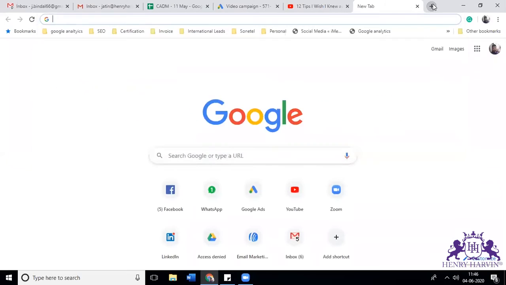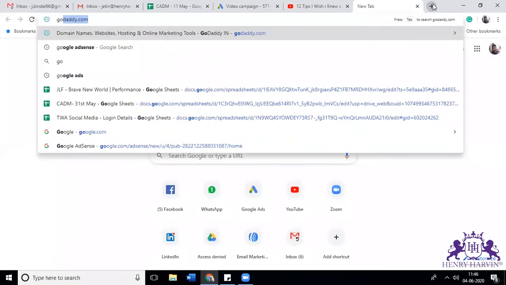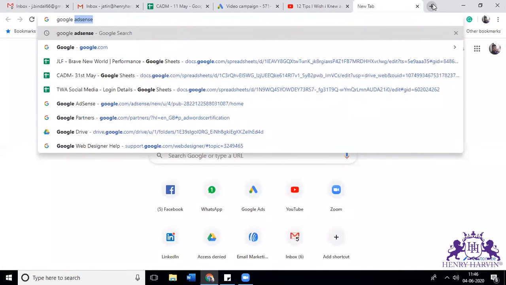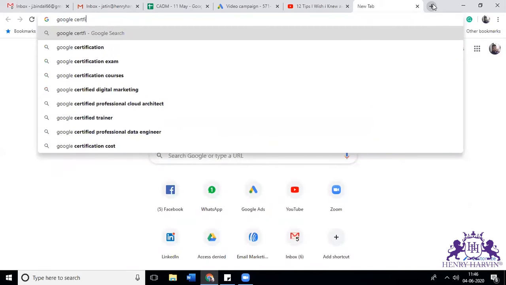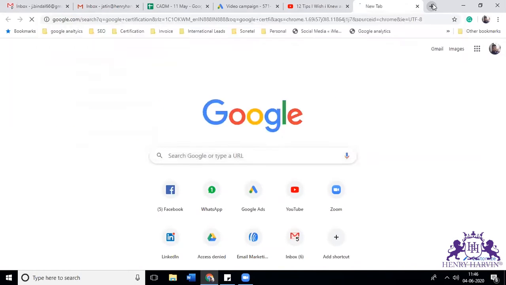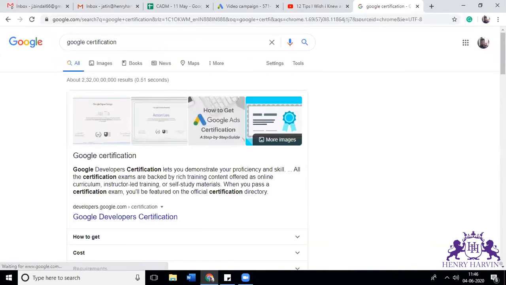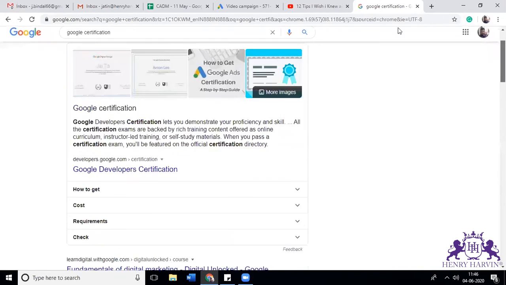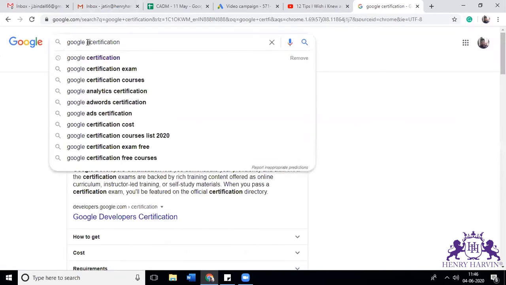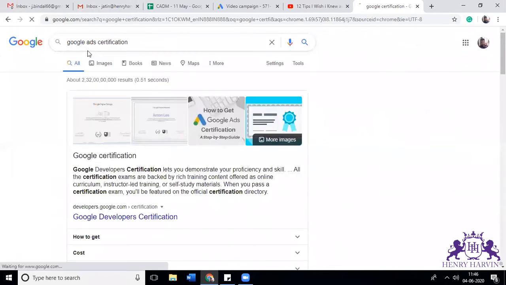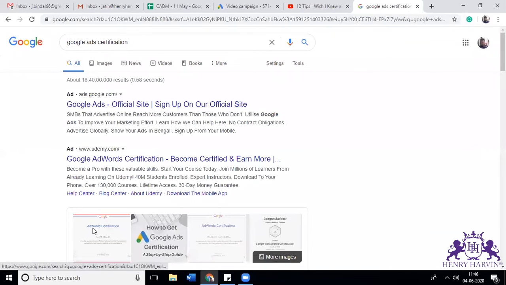For getting certification, you have to go to Google certification. Just type in Google Ads certification.